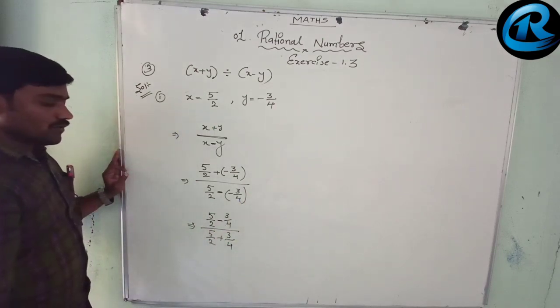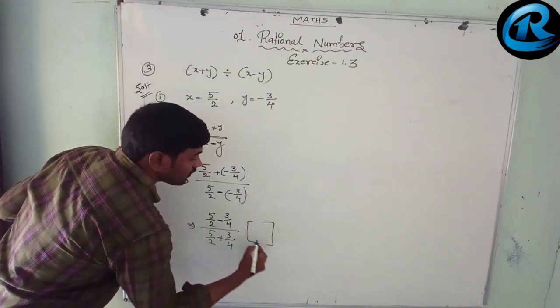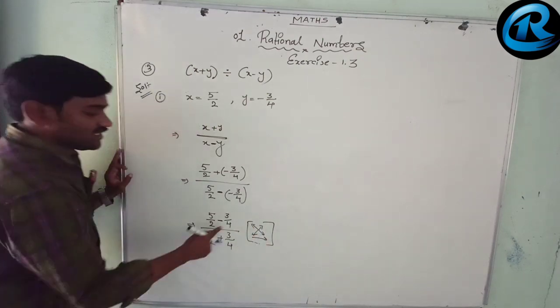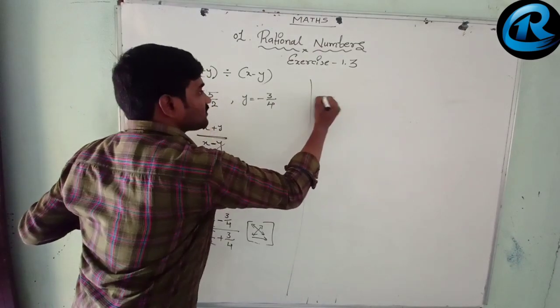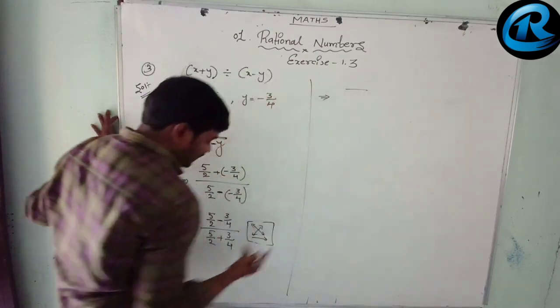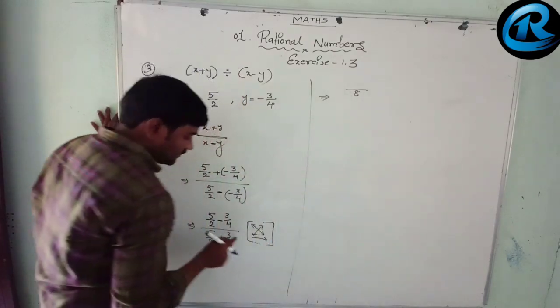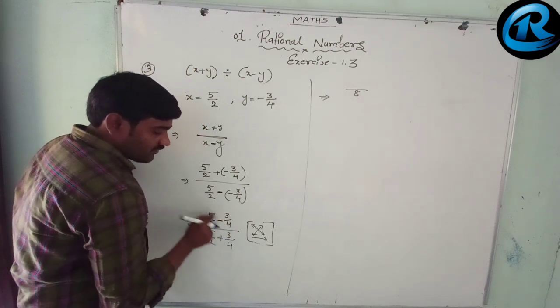Now what do we have to do? Very simple. In the numerator and denominator we go for cross multiplication. Cross multiplication means LCM, like cross multiplication, then the answer comes. So we go for cross multiplication for these simple things. In the numerator, multiply 2 into 4 first, the denominators: 2 4s are 8. Then multiply the cross in the cross method: 5 4s are 20.